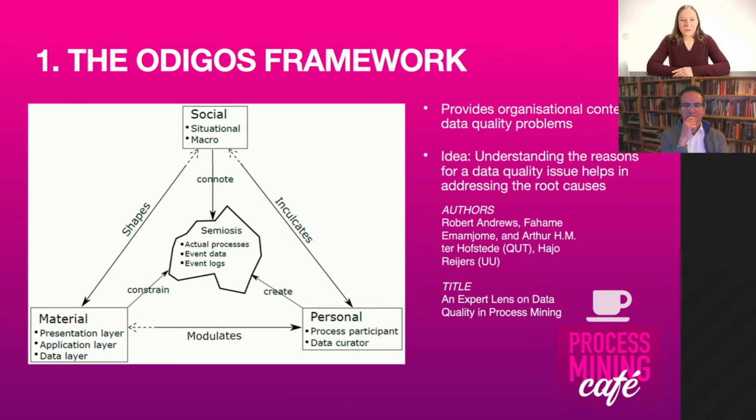So on our blog and in our process mining book, we have collected in the meantime a wide range of typical data quality problems and what people can do about them and how they can fix them. But I think this is a really interesting way of thinking about what's the reason behind this data quality problem. And the idea, of course, is that it can help to ultimately address these root causes. If you understand better what the reason is, you can address this in a better way.